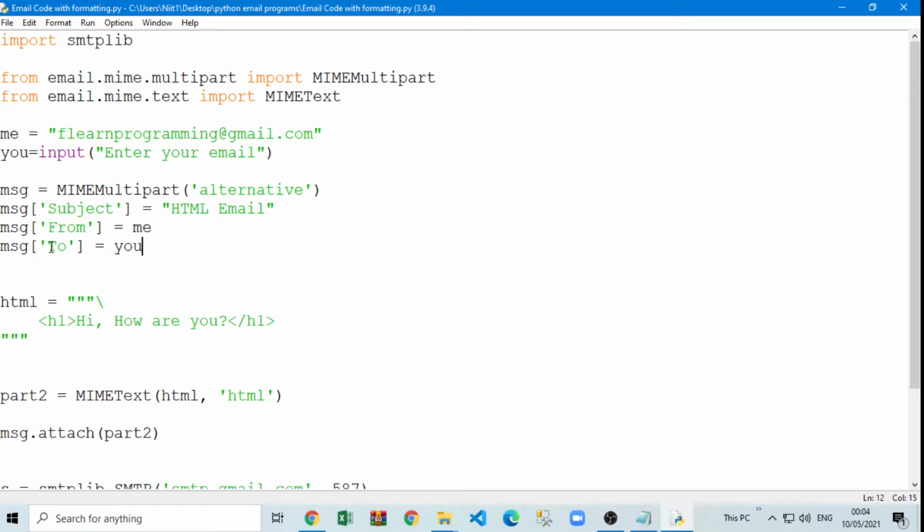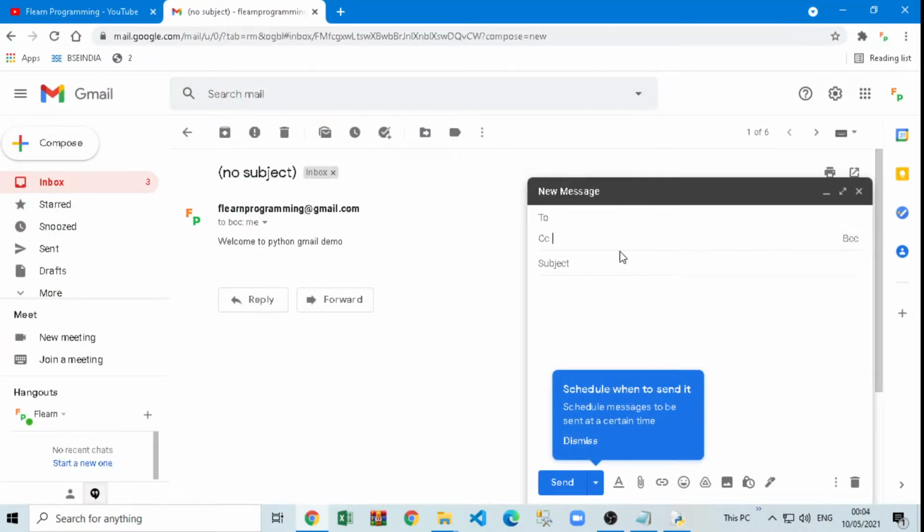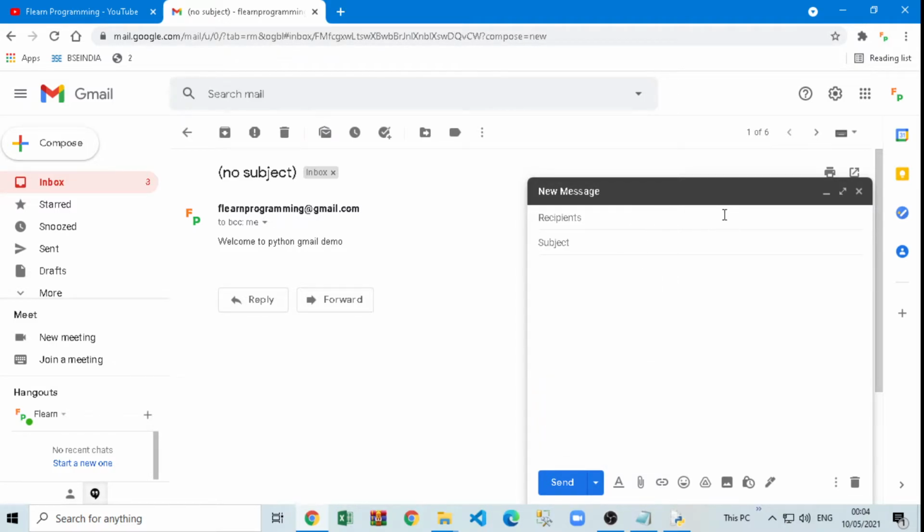And if you know, in email there is one option called to, then there is a carbon copy option if you want to CC anyone, and there is a blind carbon copy option. So if you want to send email to others and you want to hide the others' emails because you don't want to share emails with each other, we use this BCC and other options in email.